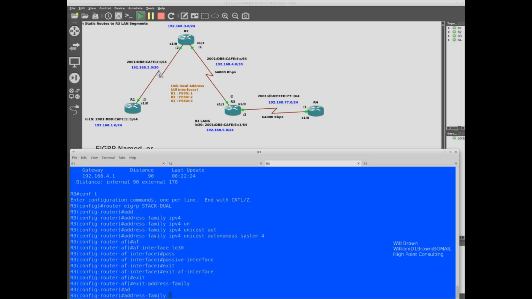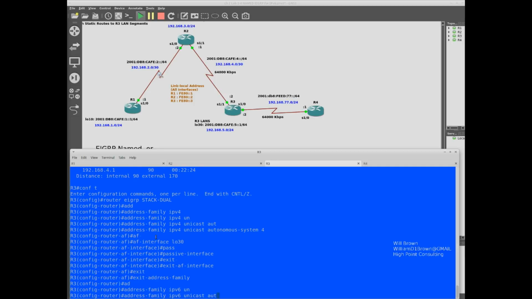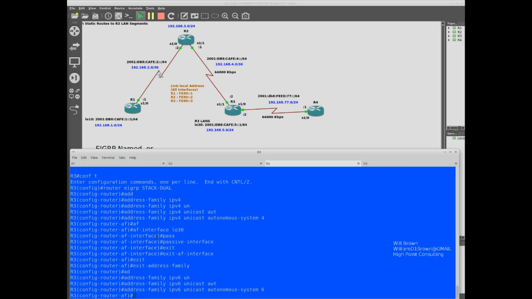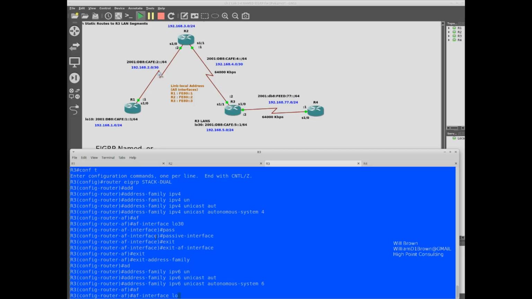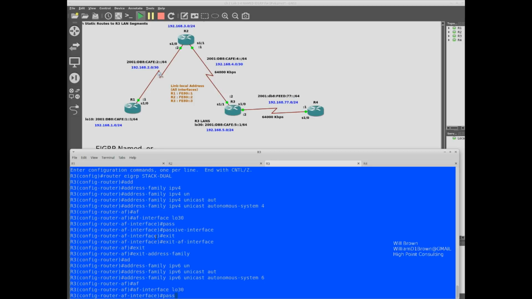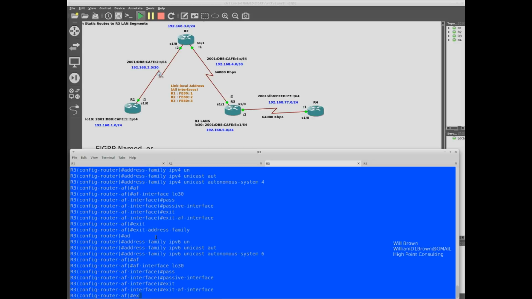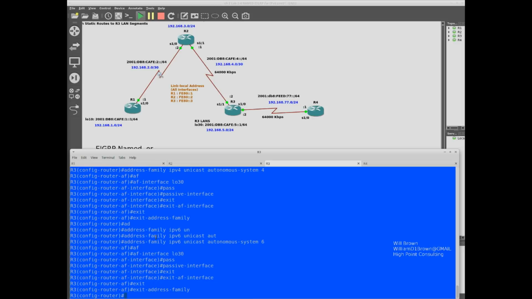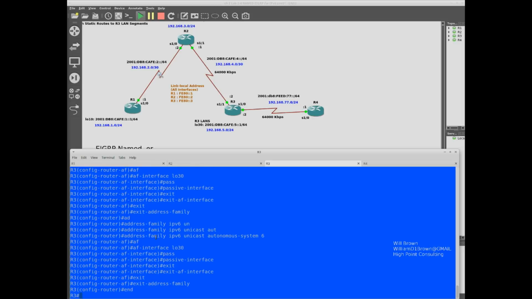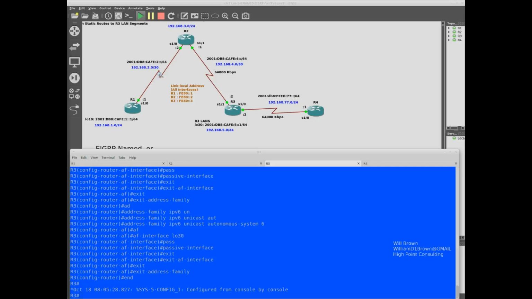Then go address family IPv6 unicast autonomous system 6 address family interface loopback 30 passive interface. And exit address family interface and exit address family. End to go back. And I think that's it. If we just verify, if we do a show IPv6 protocols, we see that the